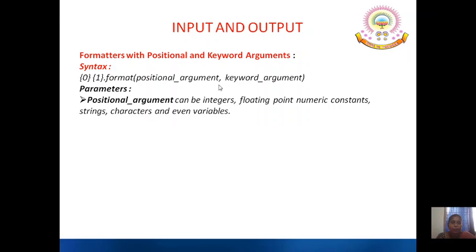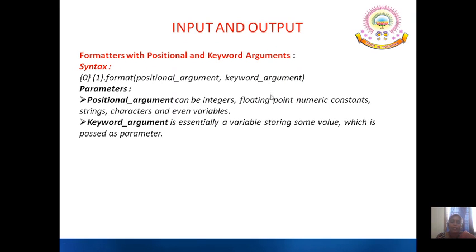They can be as usual like any other parameter. It can be integer, floating point, numeric constant, strings, characters and even variables. And what are keyword arguments? Keyword arguments must be variables.